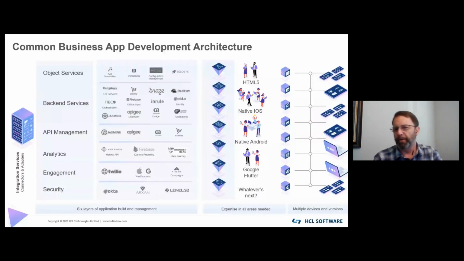Here are the 6 common layers of architecture for an app development environment. It can involve multiple logos, as we can see here. Now, depending upon whether it's security or analytics or handling the data integration endpoints, or at the other end, you have new customer touch points, you have new clients, new operating systems, new versions of those operating systems, and new means of accessing that data that are coming along each day, whether it's IoT sensors or wearable devices.